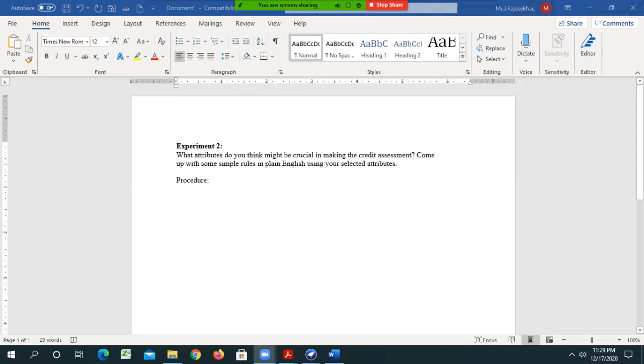simple rules in plain English using the selected attributes. Here you have to identify what the main attributes are. Do you think those attributes are very crucial and very important for generating an assessment? Here we are discussing the data mining concept, that is, in the data mining data set, by using the